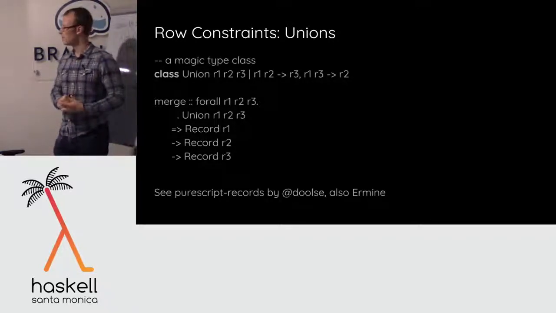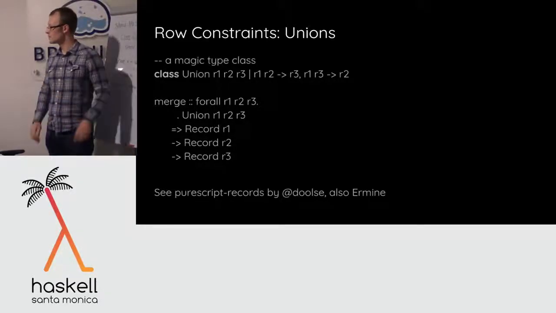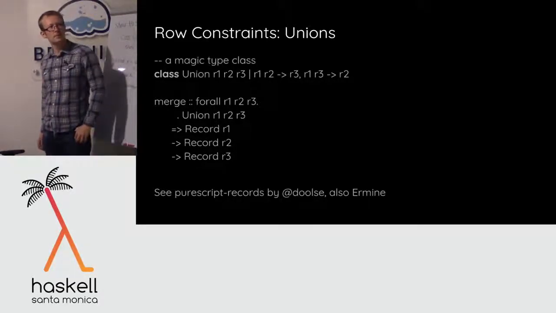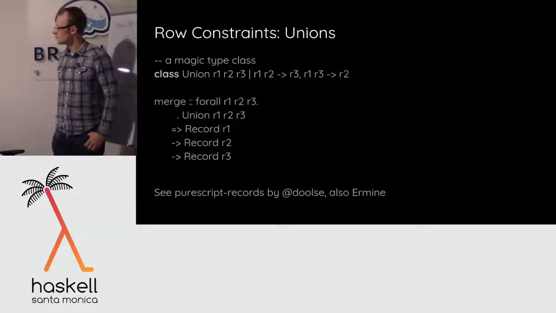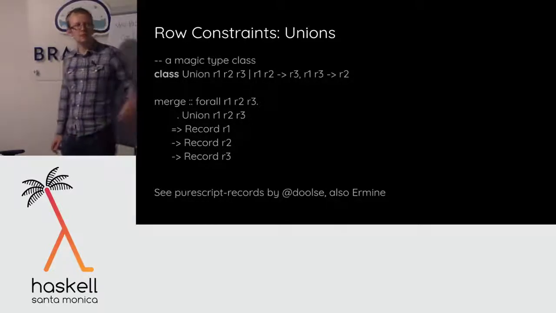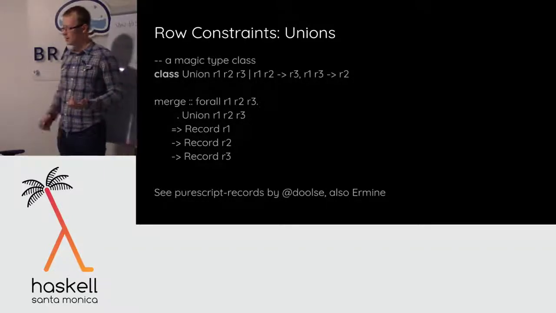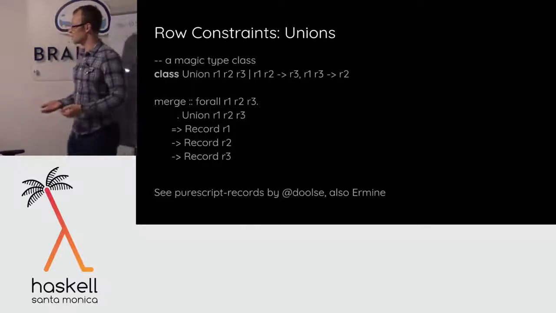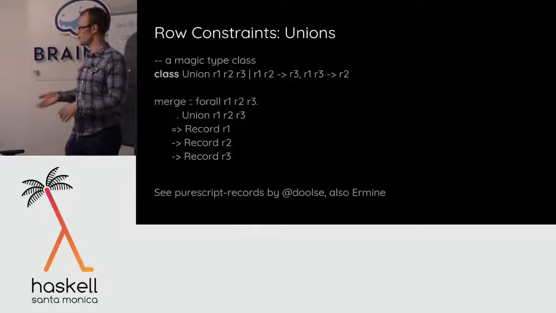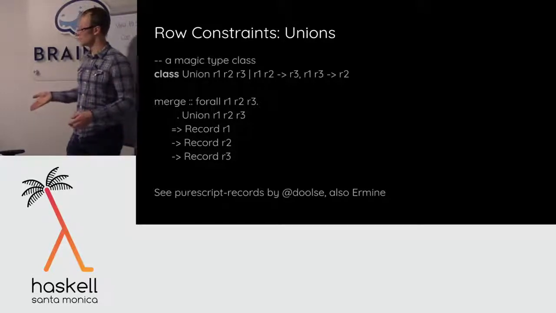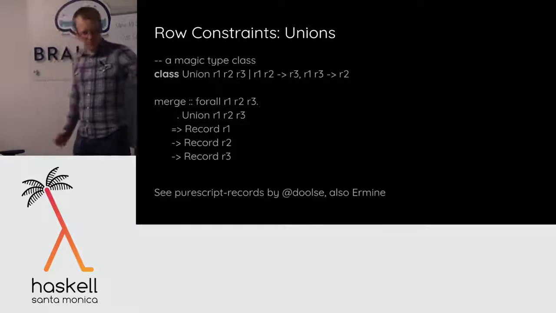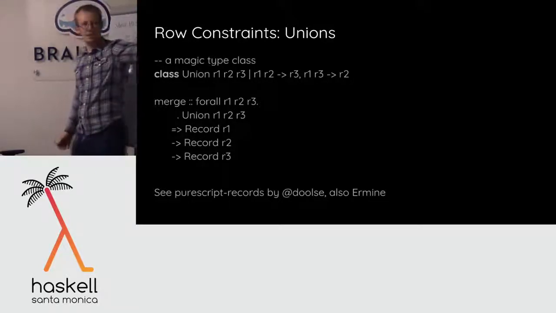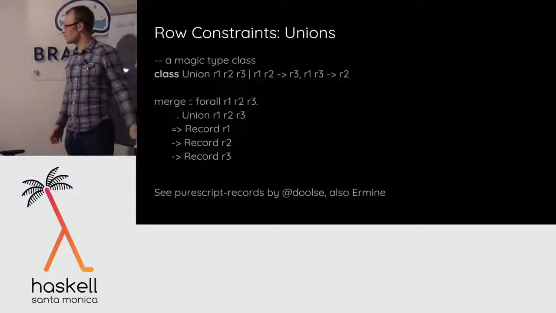I don't know how you could solve R1 and R3 gives you R2, unless it were a disjoint union, because then there could be several different solutions. Well, the inputs don't have to be disjoint, right? It's union taking duplicates into account, right? So if I union foo has type A with foo has type B, then you get a row with foo twice, A then B. So it really is just sort of subtraction. It doesn't mean that I have to have a solution, right? It says if you have a solution, it has to be the only one.